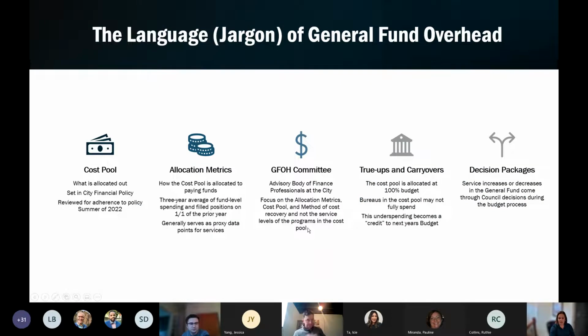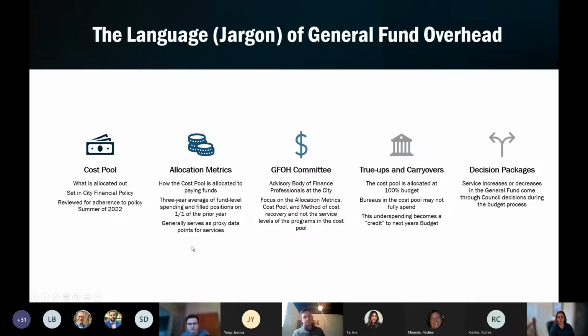Here's some of the language, also known as jargon, of general fund overhead. So I'll be using some of these terms in the next few slides. There's the cost pool. This is what is allocated out. It is set in city financial policy and was recently reviewed for adherence to policy in the summer of 2022,